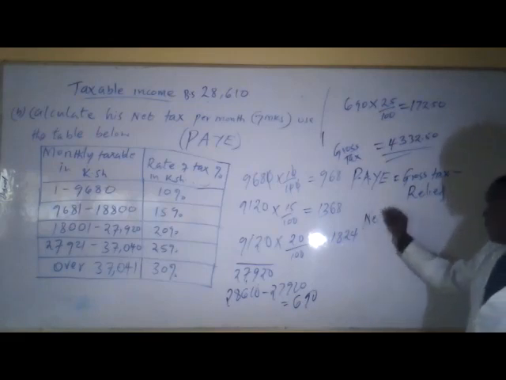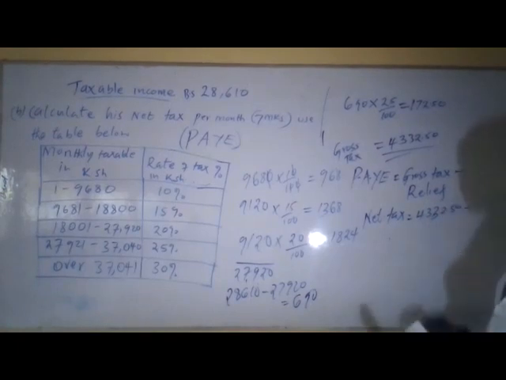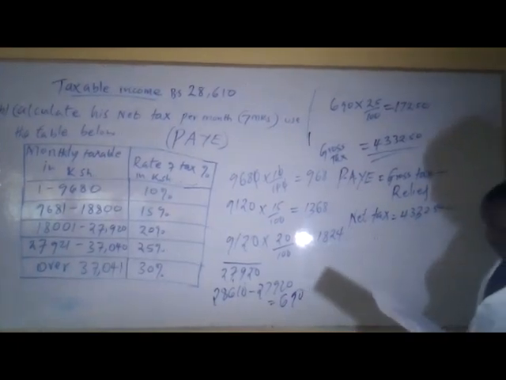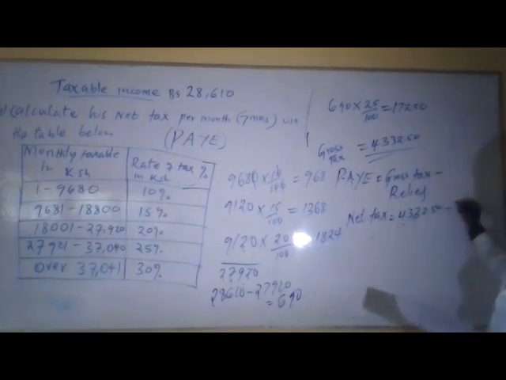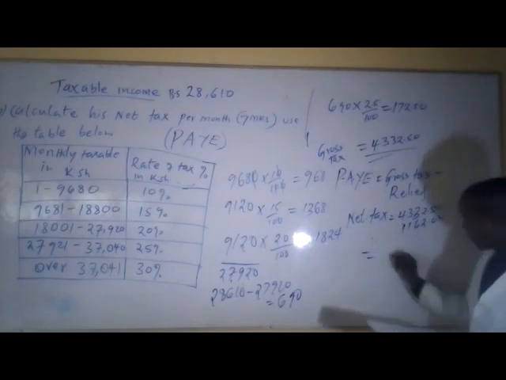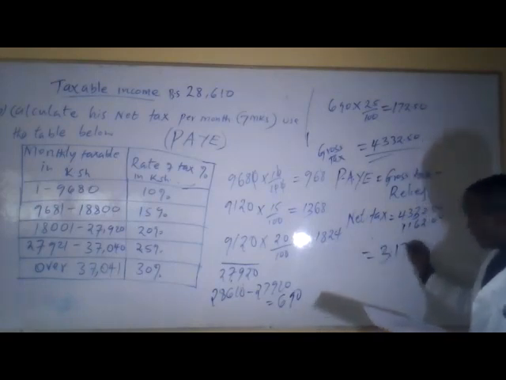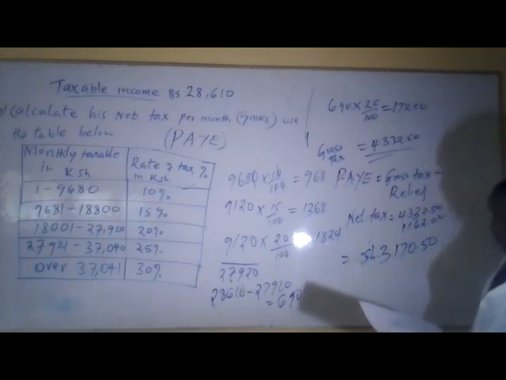So our net tax will be equal to 4,332.50, our gross tax, subtract the relief of 1,162.00, and this will give us 3,170.50 cents. This is in Kenya shillings, and this is what we now call pay, which is the net